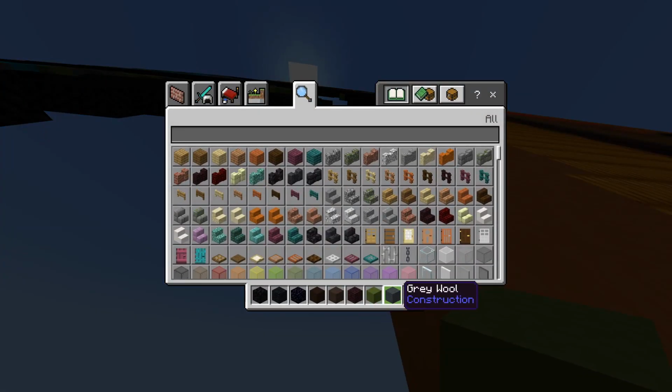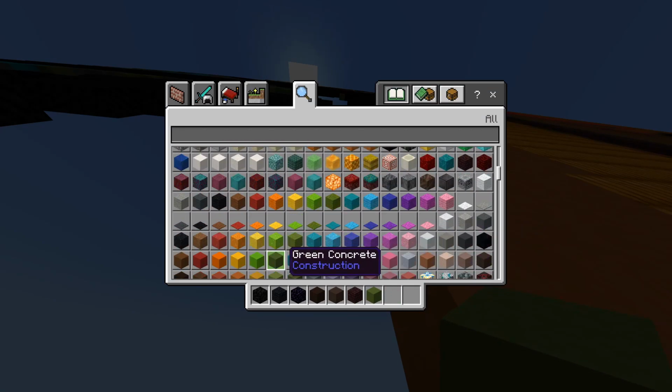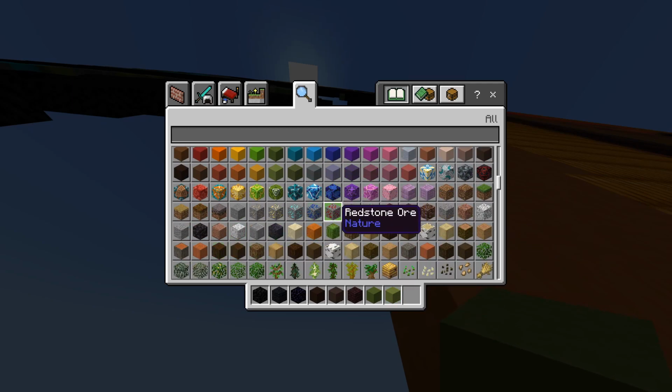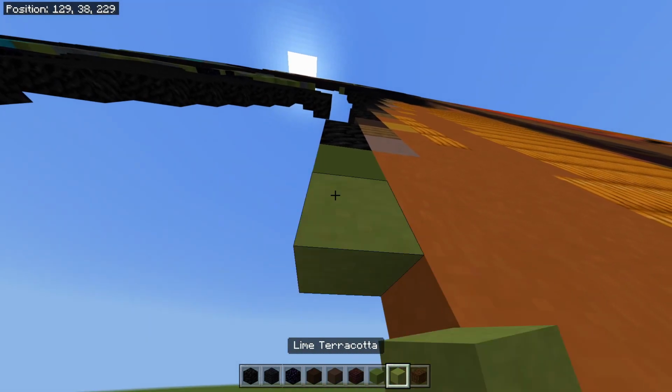I don't need this anymore. I don't need that, so I am going to grab the lime terracotta and the spruce log, wherever that is, there it is. So underneath this green concrete you can place a lime terracotta